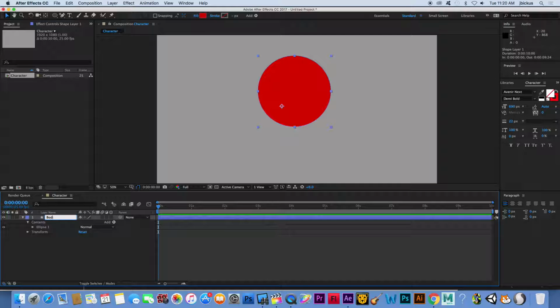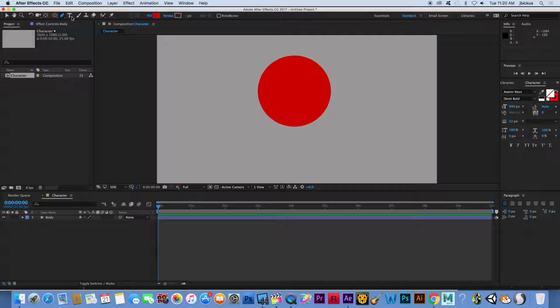So that's going to be body. Now I could add extra parts like head, etc., but I'm going to kind of just stick with one component because the new stuff is a little bit more difficult. What I'm going to do next, I'm going to click off, and I'm going to start drawing some legs here. So I'm going to go to Pen Tool, and I'm going to make some legs here and then here, and I can kind of push those forward and